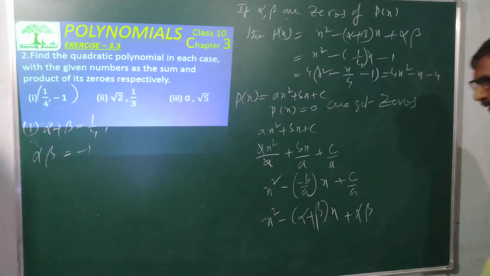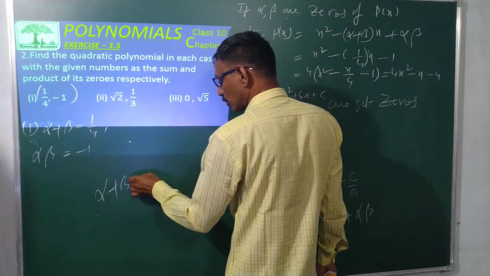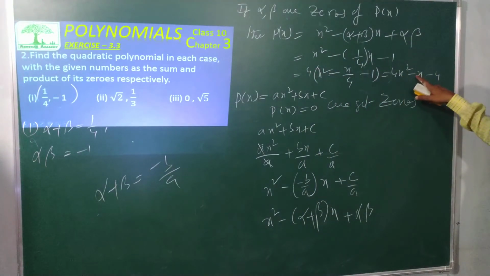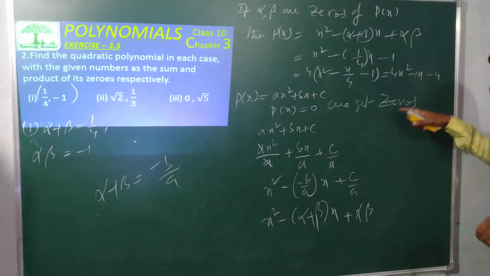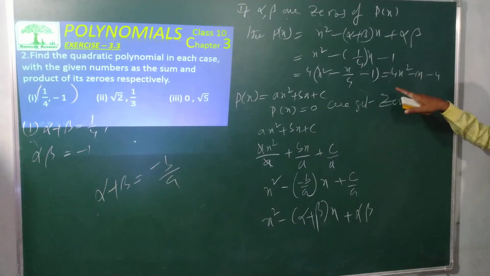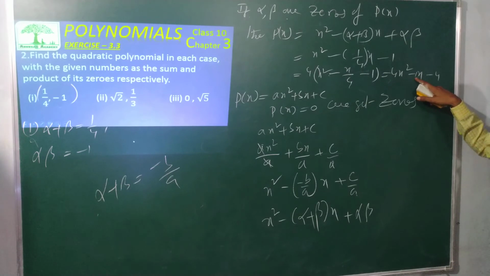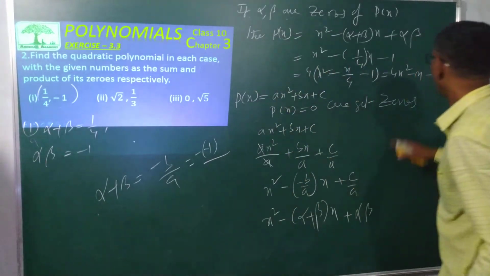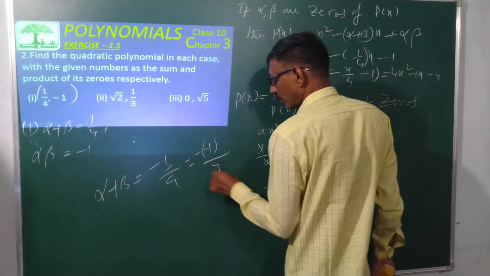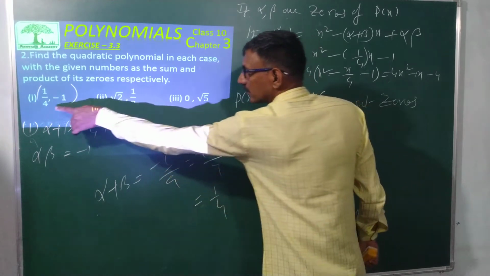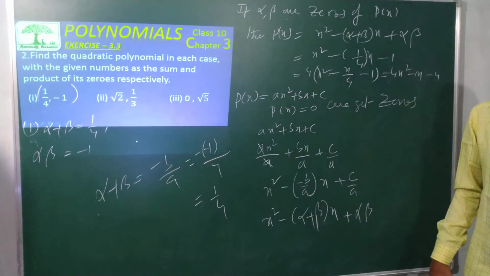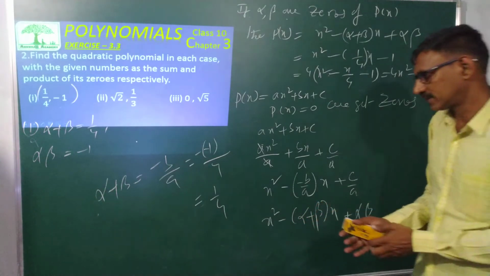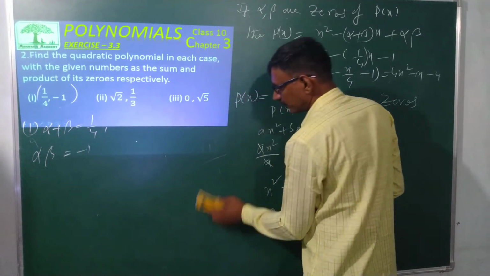Let us check it out by the formula. Alpha plus beta is equal to minus b by a, right? Yes. So my b value is how much? Here nothing is there. By comparing with ax square plus bx plus c, my b value is how much? Minus 1. Minus of minus 1 divided by my a value, which is how much? 4. Minus of minus 1 by 4. See, I have my sum of zeros. If you take alpha plus beta, you will get the same answer, minus 1 by 4.